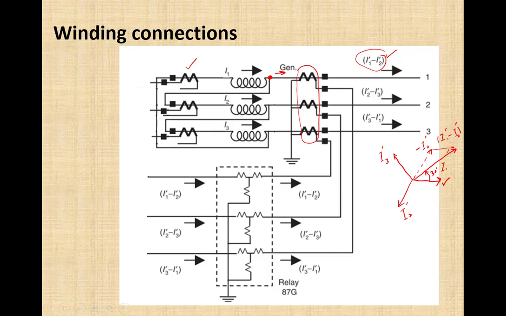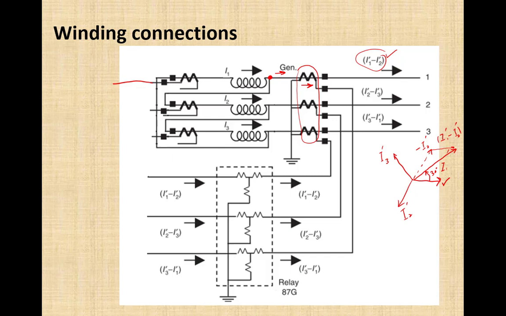What does it mean? It means the current here in this CT secondary is root 3 times greater than the current here in this CT secondary and also advanced by 30 degrees as compared to this current. So we will have to increase the magnitude of current over here and also advance the CT secondary current over here on these CTs' side. That could be done by connecting the CT secondaries in leading delta. So if this is I1 minus I2, make sure that this current is also I1 minus I2.